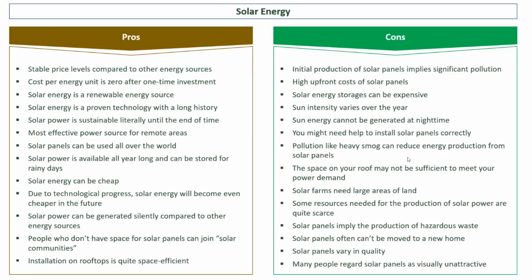But also, if we're using these solar panels in an area that's already polluted, so if we've got a bunch of air pollution, that's going to affect the amount of light coming through. So that's going to be another thing that needs to be considered. So there may be cities where solar energy just isn't a great option, just because the air pollution is going to prevent a lot of that sunlight from reaching the solar panels.